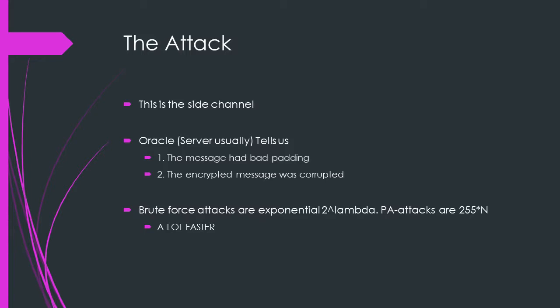Now, you must be thinking to yourself, won't that take forever? What good is this attack? But this is the beauty of the attack. It's actually really quick. In an average crypto system, an attack on the key to the PRP will take 2 to the lambda operations, where lambda is the number of bits in the key. The attack we present here, the padding oracle attack, will give us a linear number of operations,